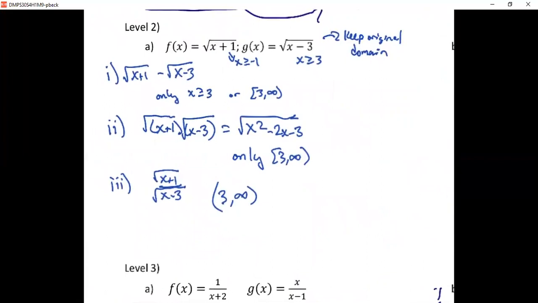On to A. When it comes to radical functions, the first thing I'm going to look at is the domain. So the domain of this one, if we set what's inside greater than or equal to 0, x has to be greater than or equal to negative 1. Same thing here, x has to be greater than or equal to 3. Now, as we combine both of these together,